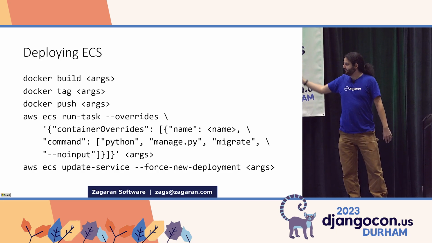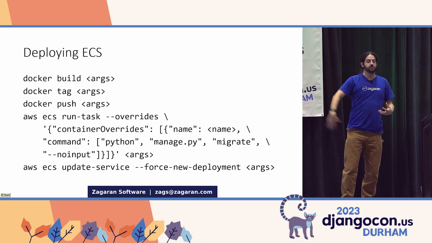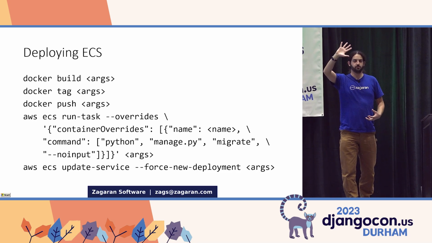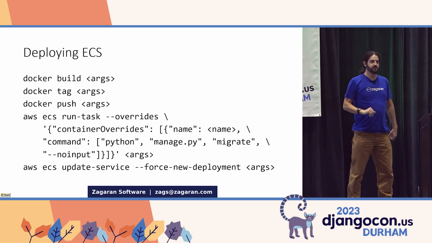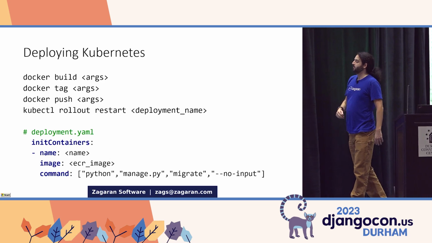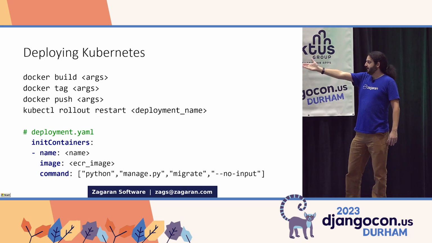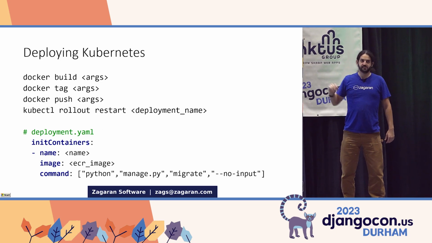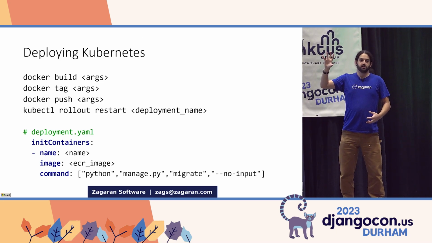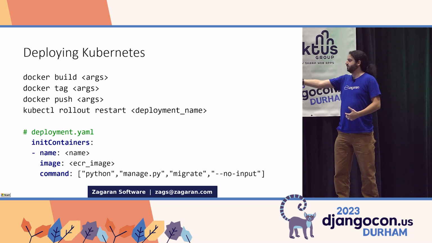And then finally, once we've done that, we can do update service, and what update service will do is, based on your new Docker image, make new containers, put them in with the load balancer, and throw out the old ones. And Kubernetes is the same model, right? Docker build is going to do all of that, creating that new copy of our application, and then kubectl, the Kubernetes CLI, is going to put those new containers into rotation throughout the old ones. And Kubernetes does have a way that you can configure particular commands, temporary containers I want to run